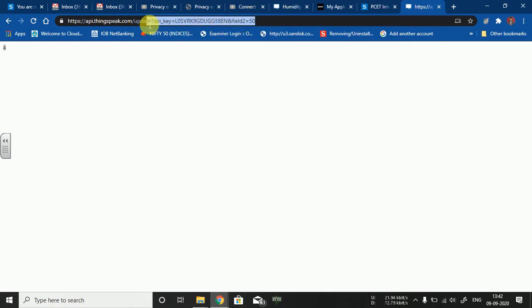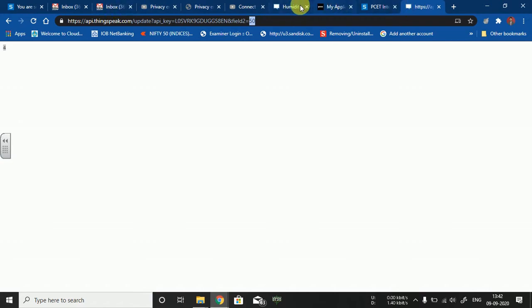This particular URL we need to write in the code that we are going to upload on the IoT development board, isn't it? Here you need to provide certain variables, so that if the humidity and temperature change, the data will be stored in the respective variables, and it will be reflected over here automatically.